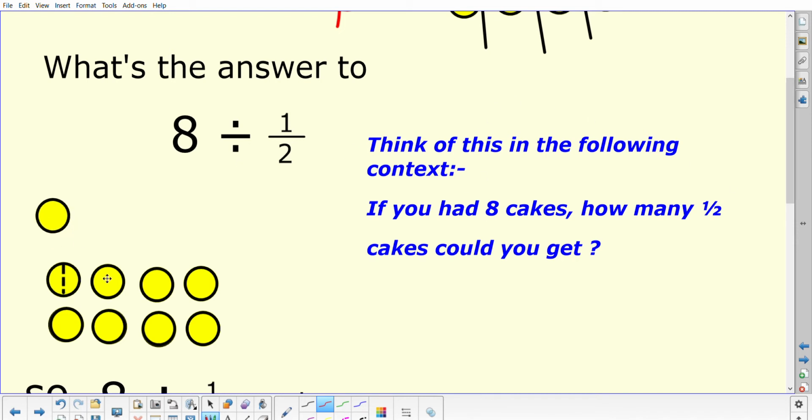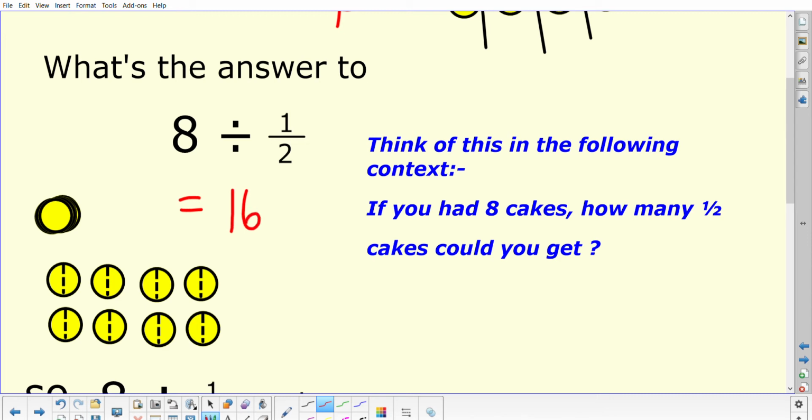That's really what we're thinking about here. So if I split all these little cakes into halves, and we said how many halves are there? Hopefully you can actually see that there are